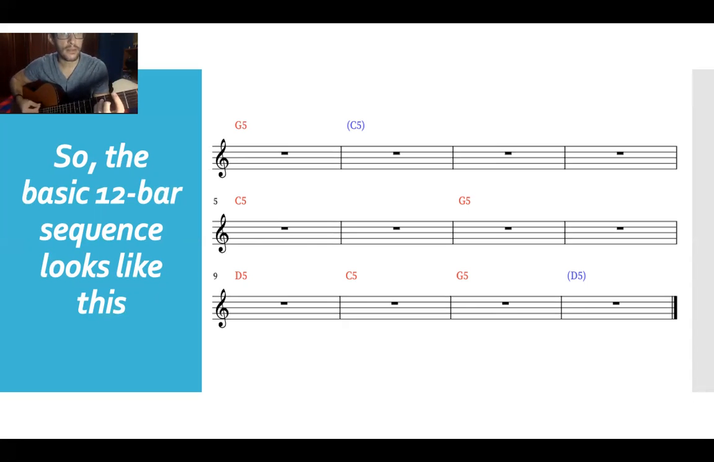1, 2, 3, 4, 5, 6, 7, 8, 9, 10, 11, 12. Repeat again. 1,